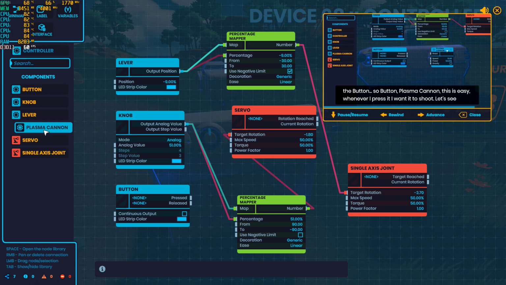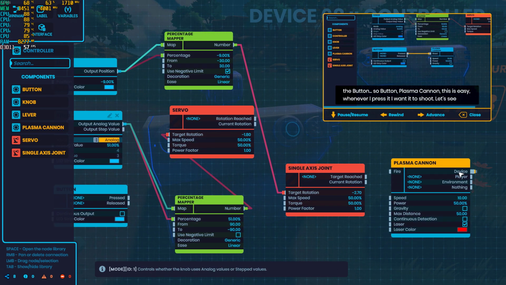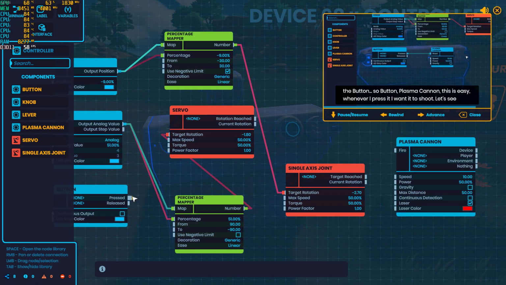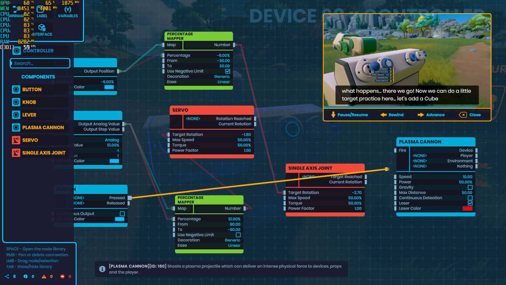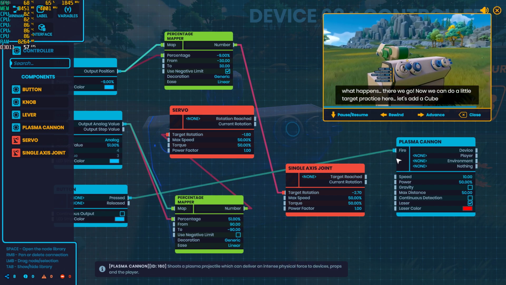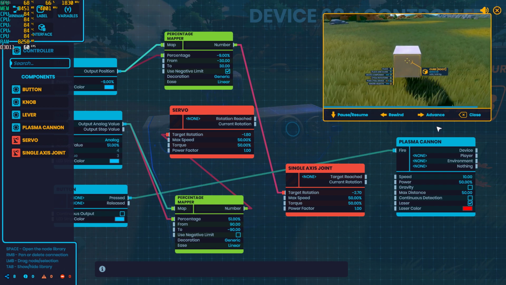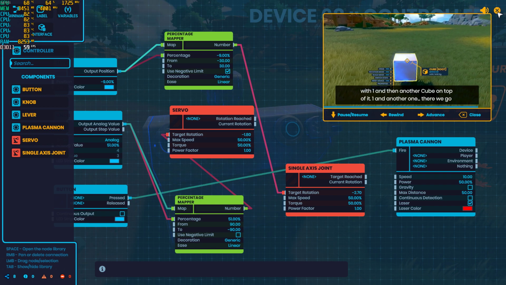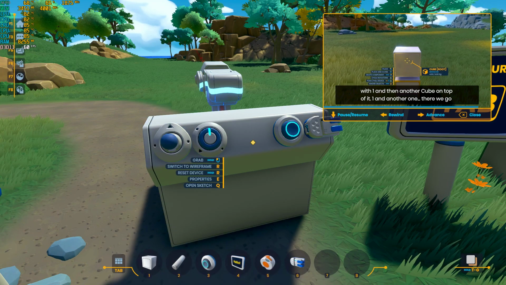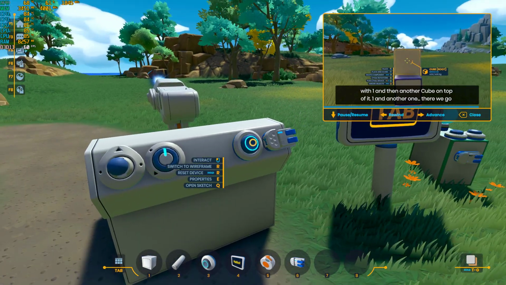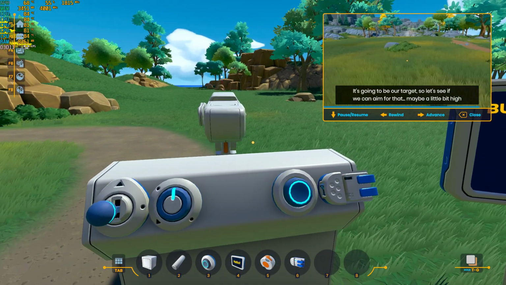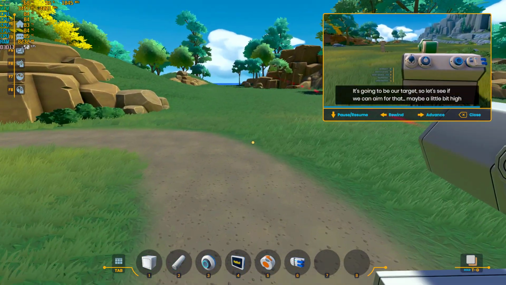Plasma cannon. This is easy. Whenever I press it, I want it to shoot. Let's see what happens. There we go. Now we can do a little target practice here. Let's add a cube with 1, and then another cube on top of it, 1, and another 1. There we go. This is going to be our target. So let's